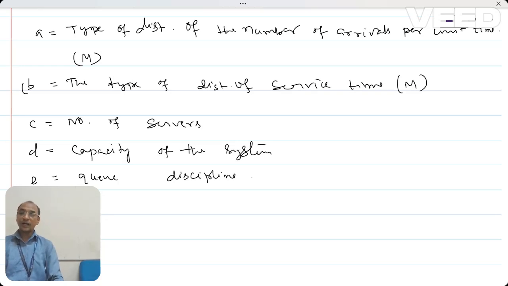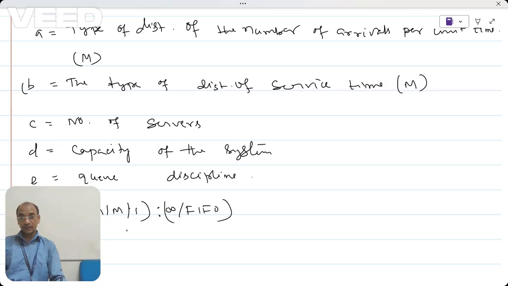Suppose I write here, for example, M/M/1 : infinity/FIFO. How can I read it? D is the capacity of the system, so D is infinity. That means the capacity of the system is infinite; whoever comes can join the queue. And C is the number of servers, which is one. And the queue discipline is first in first out. So this symbol can be written as